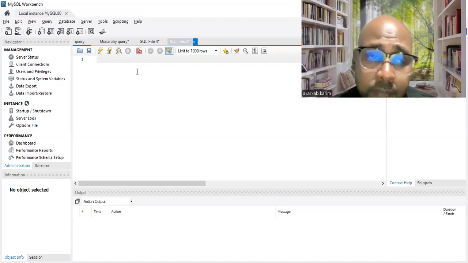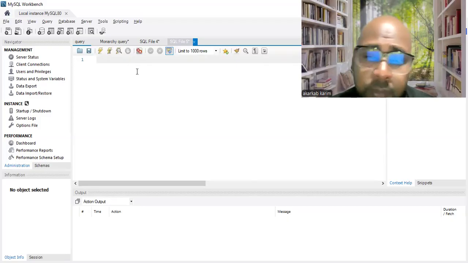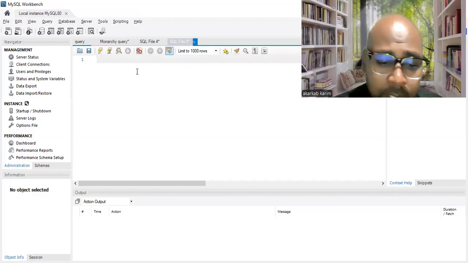We have Postgres as the open source option, and we also have SQL Server in a free version. But for training purposes, I will work with MySQL now, and for the next tutorials, I will also work with SQL Server.